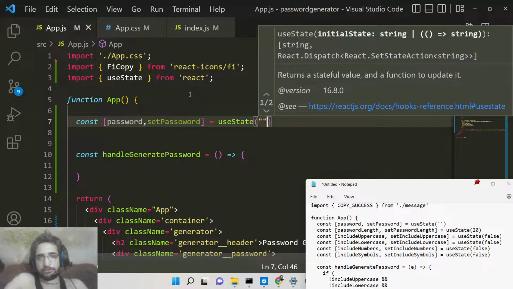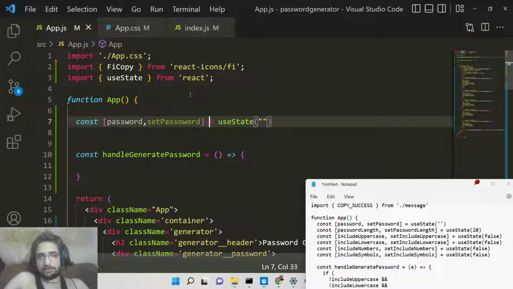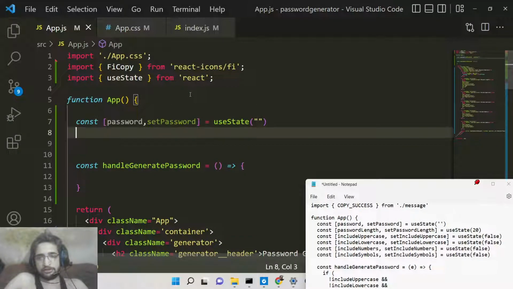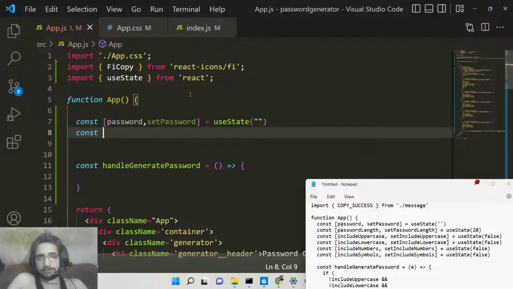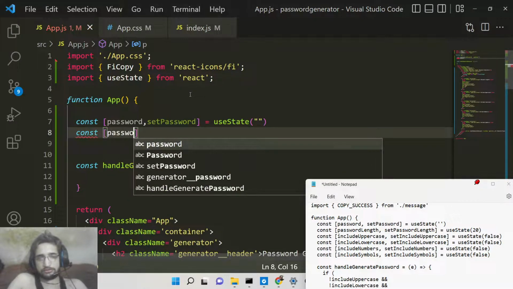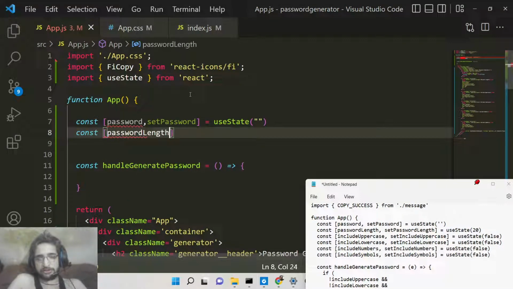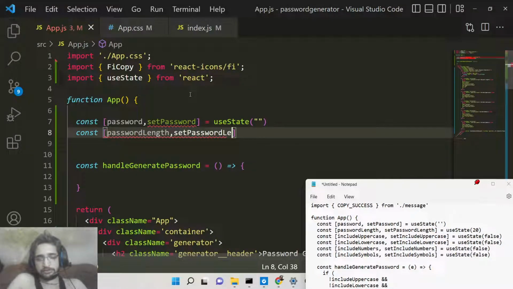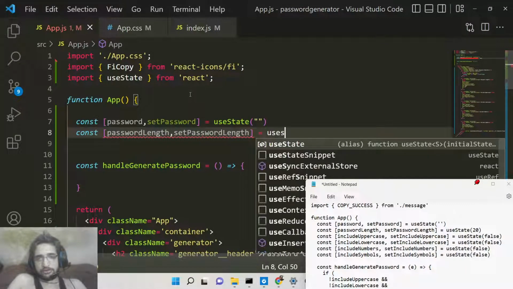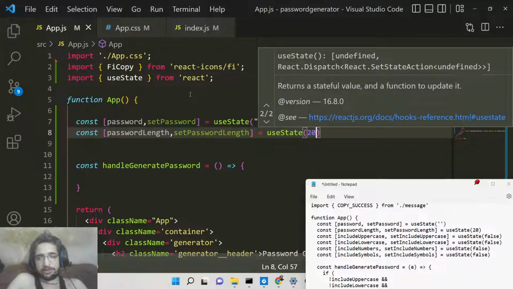This will be imported from React. The default value will be empty. Also for password strength, password length, set password length. So the initial value will be 20 characters,